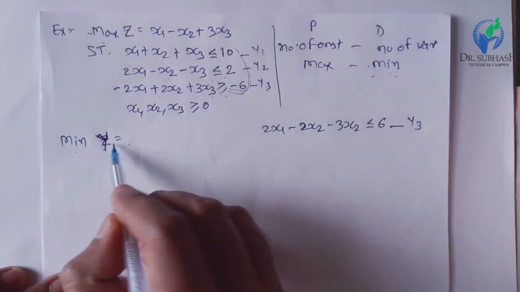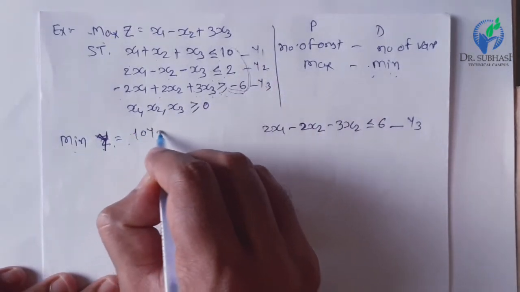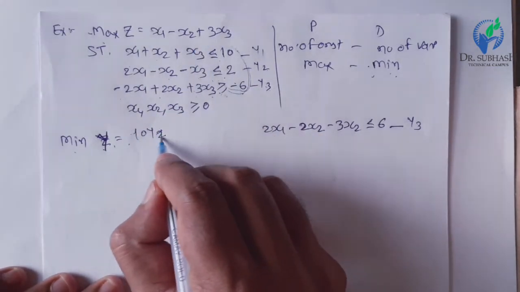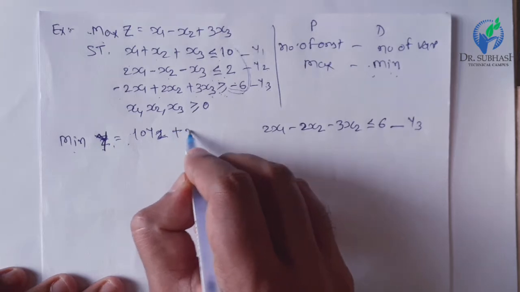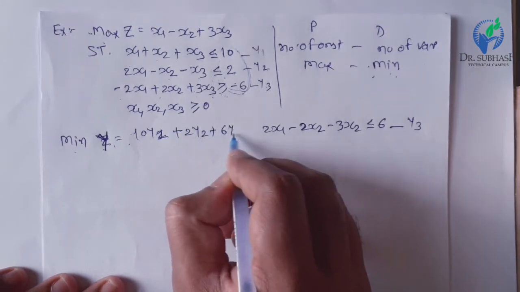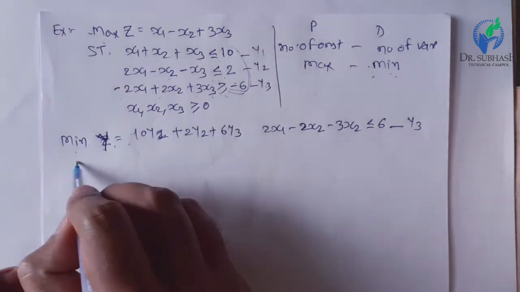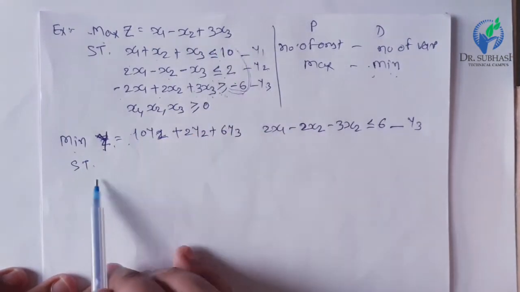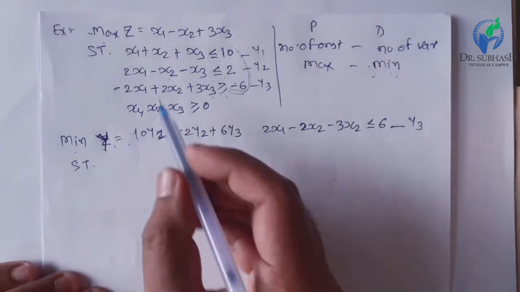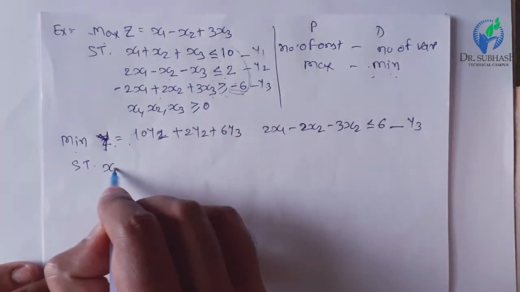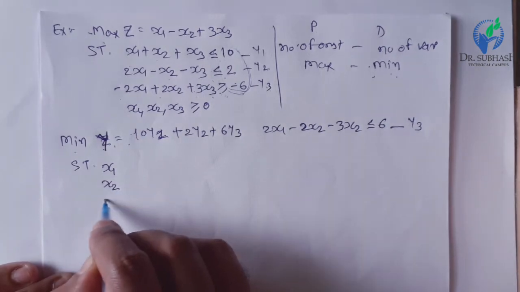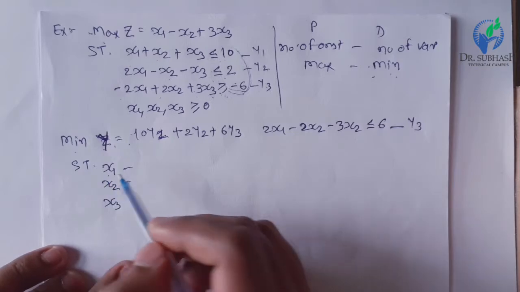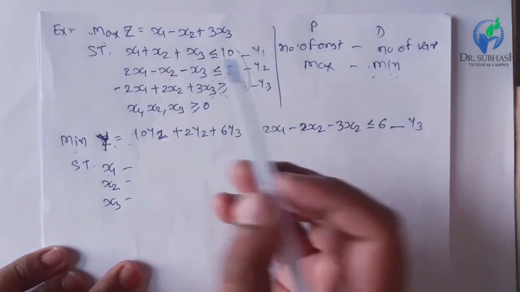Now minimization y is equal to 10y1, because the right hand side will be the coefficient in the objective function: 10y1 plus 2y2 plus 6y3. Now, subject to constraints, the number of constraints will be equal to the number of decision variables. Here there are 3 decision variables, and again 3 constraints. The first constraint is related to x1, the second constraint is related to x2, the third constraint is related to x3. So related to x1, the first constraint will be like this,